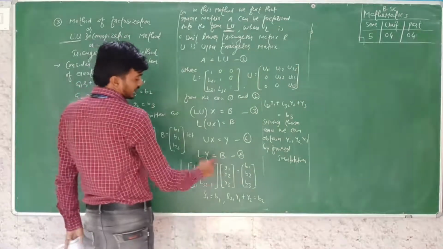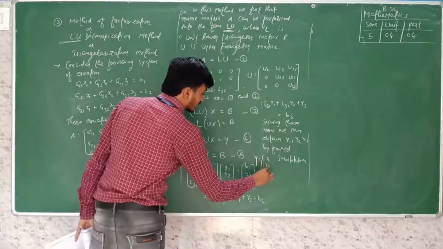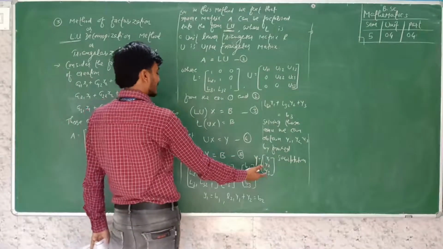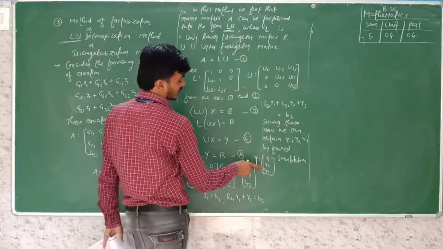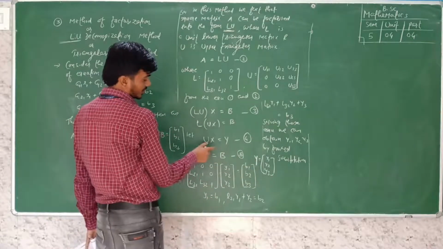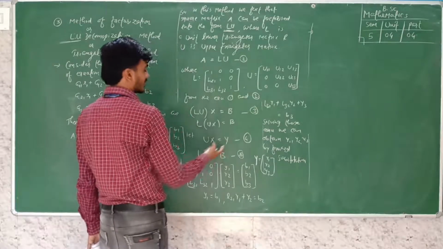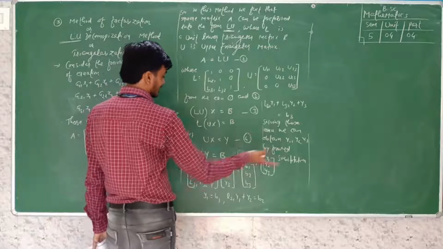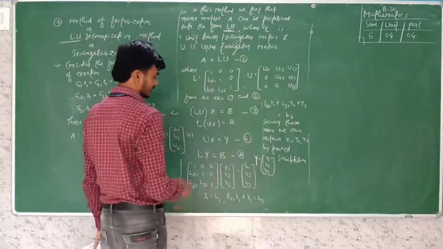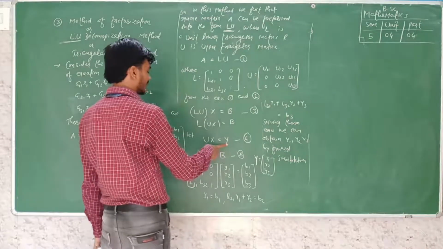So here the y matrix, that means y is equal to y1, y2 and y3. Whenever we know the values of y1, y2 and y3, we have the matrix y. So put this y matrix here: upper triangular matrix into x is equal to y. So Ux is equal to y. We find the lower triangular matrix, the unit lower triangular matrix, and the upper triangular matrix. So put this value of matrix y here in equation number 4.